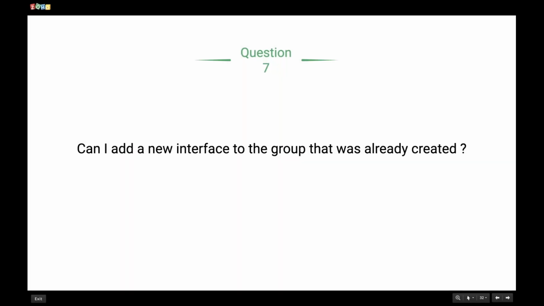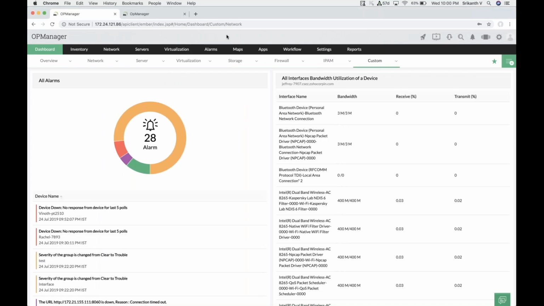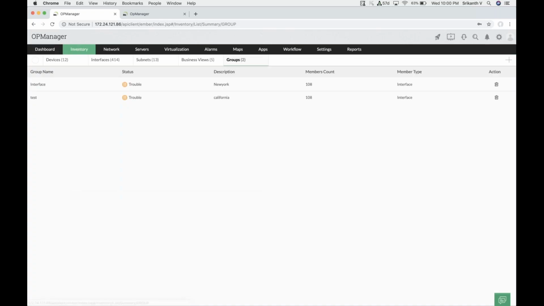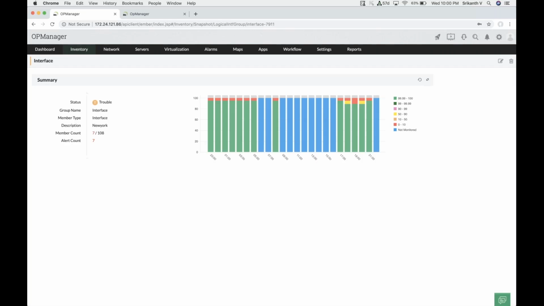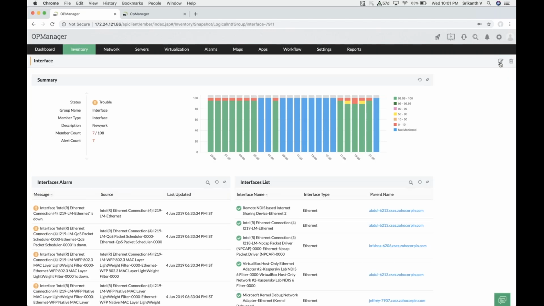And the next one, can I add a new interface to the group that was already created? As Sri would have already explained, we have interface grouping from the recent build, where you can group different numbers of interfaces and monitor them as a group. So in case you have already added an interface group, and you just want to add a few interfaces to the particular group,